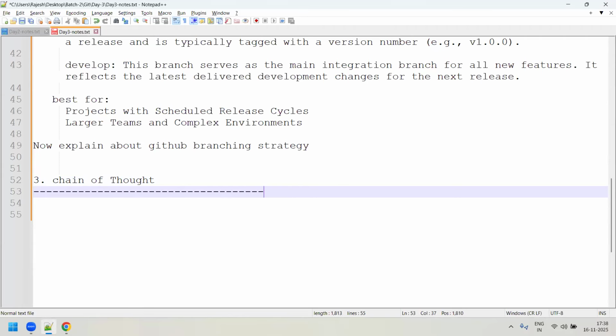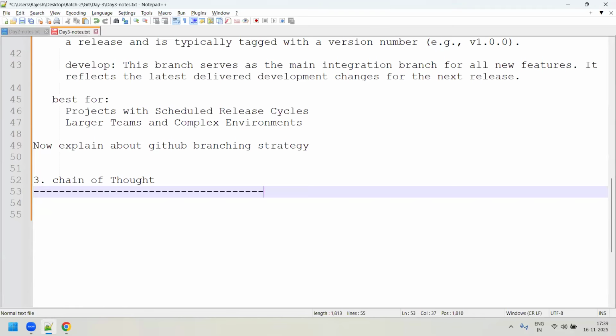So basically, guys, chain of thought is something where, in whichever model we are working, like the ChatGPT 3.5 model, instead of directly asking for an answer, we ask the model to give us a step-by-step solution.